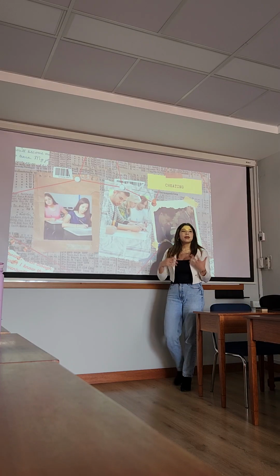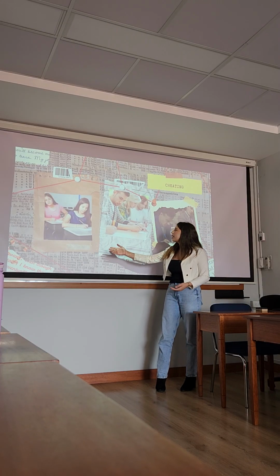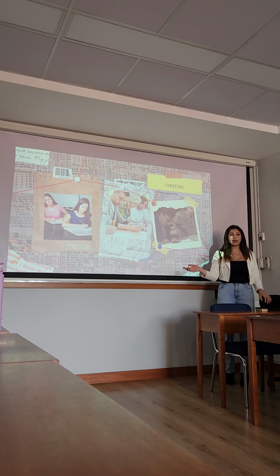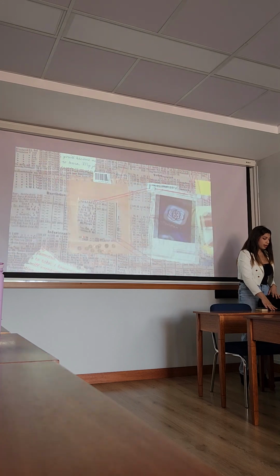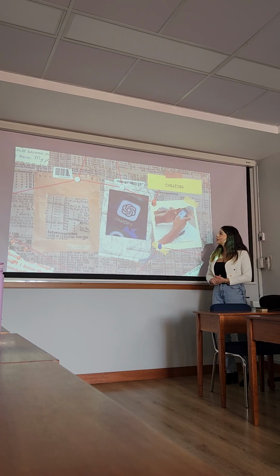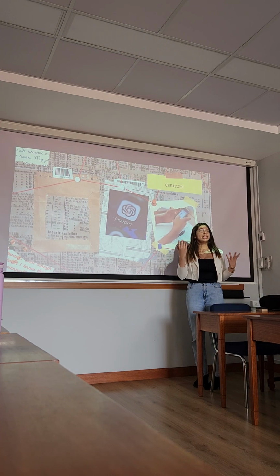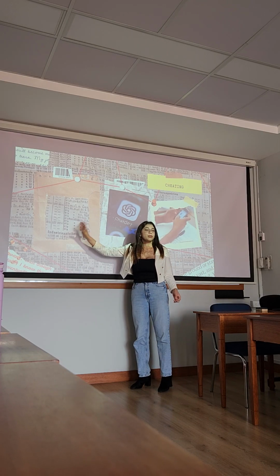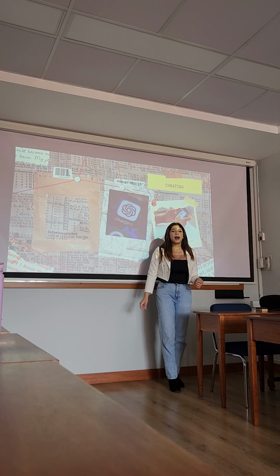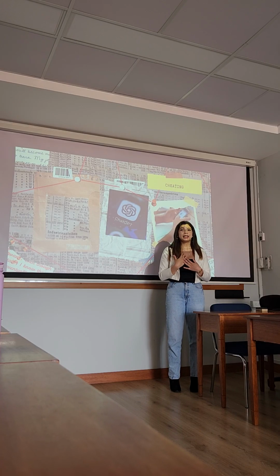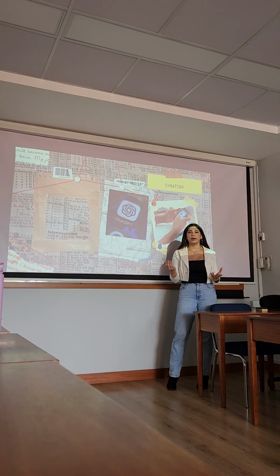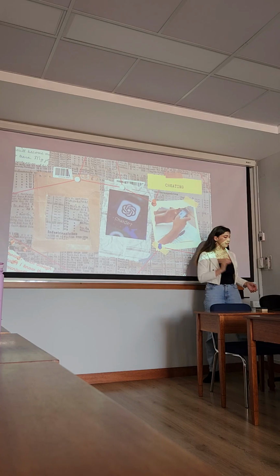The other one is the one I mentioned, taking an occasional glance at your neighbor's paper in order to get the information from them. Or whispering, making some sort of code. And I don't know why the image didn't change, but the other type is when you use the internet or artificial intelligence, or here actually was a picture of a smart watch. I don't know if your teachers have said this, but at least in my case, they tell you to put your hair back and to show your wrist. This is to ensure that you don't have headphones or smartwatches because it's the most common way that people cheat in university.